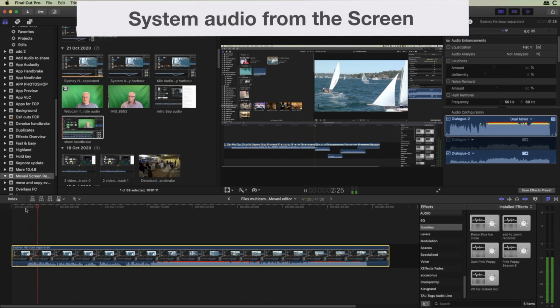This is an example of how a tutorial would run if you were recording the audio from the screen as well as speaking into the microphone. Because while I'm talking into the microphone and